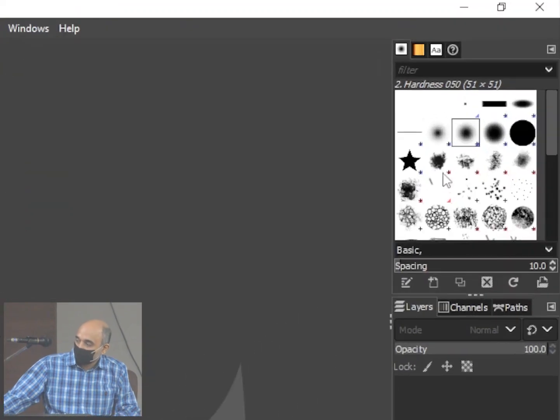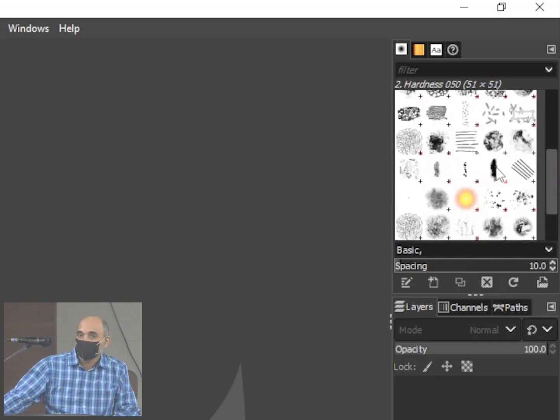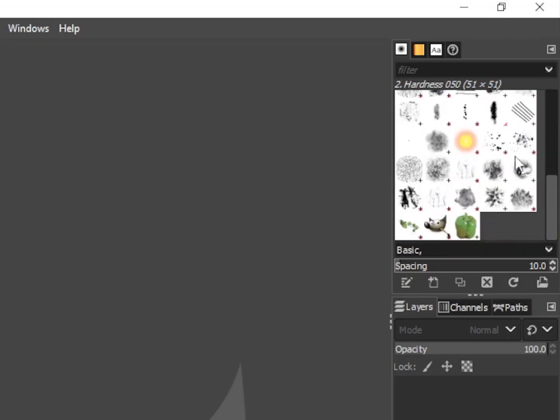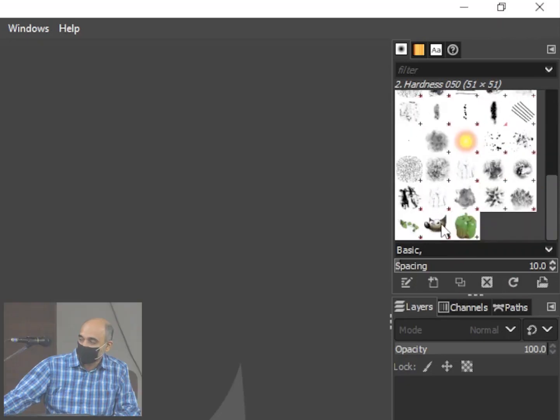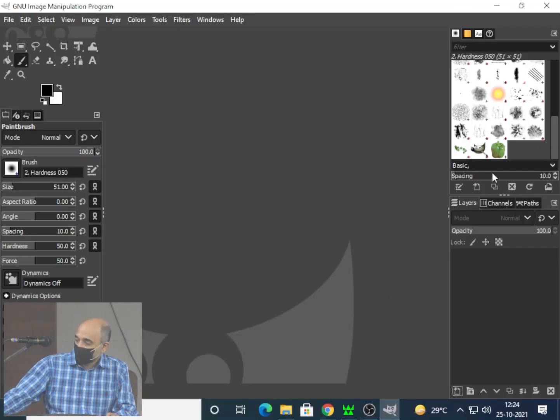Okay, similarly, if I selected the brush, I can select the type of the brush here. Now this is the type of the brush that is there. I can also make a star brush, a brush that looks like a feather, a brush that looks like the sun. So these are the different brushes that I can use. Or I can have the GIMP logo as a brush. Select that, click once, and I get that thing on the canvas. Okay, we'll come to that later.